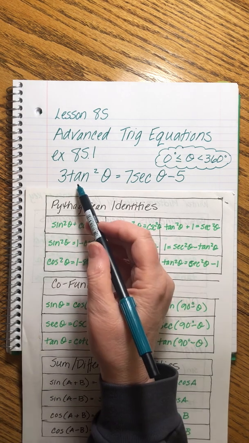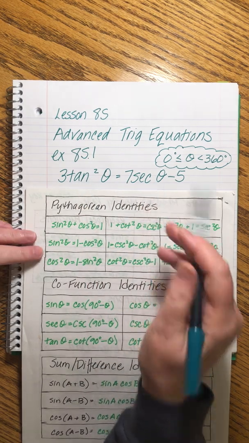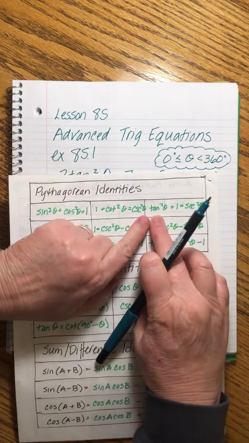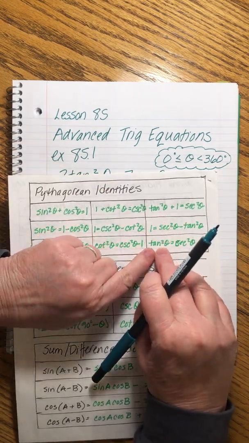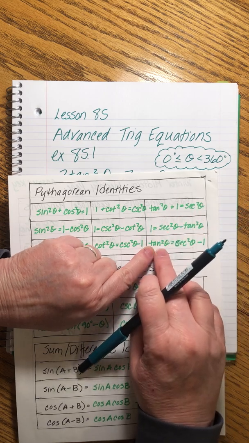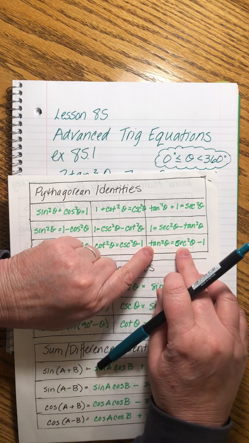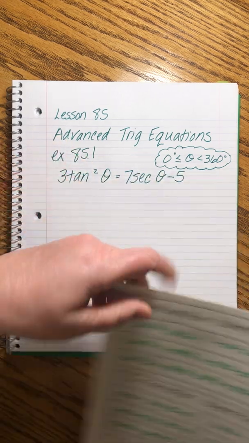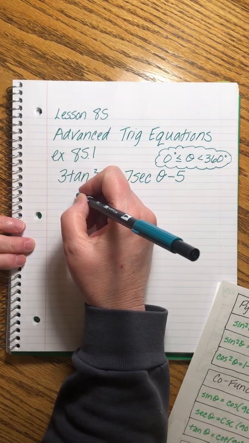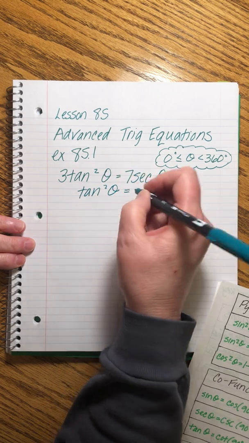Okay, so we want to turn this tangent squared, ideally, into a secant squared, so it could be friends with that secant. So I look and I go, oh yeah, sure enough, look right here. I would want this form of it, right? I can see it relates tangent to secant. I want to use this form because I want to swap out my tangent for a secant. So I'm going to copy the trig identity here. It is tangent squared theta equals